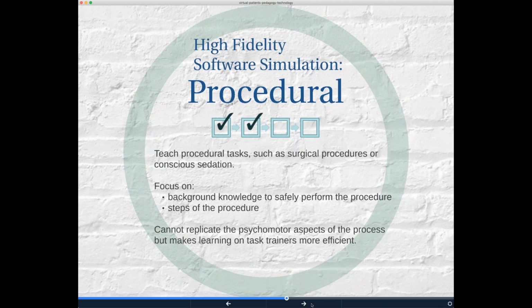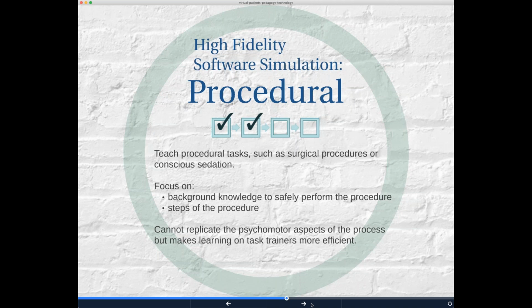The limitation, of course, is that the psychomotor aspect of doing the procedure can't be replicated. But that seems to be okay. Our brains learn, this is some more recent research, our brains seem to learn the procedural knowledge and the decision-making parts of a procedure differently than the psychomotor aspects. So it seems to be okay pedagogically to break these up, and actually having learners go through procedural simulations